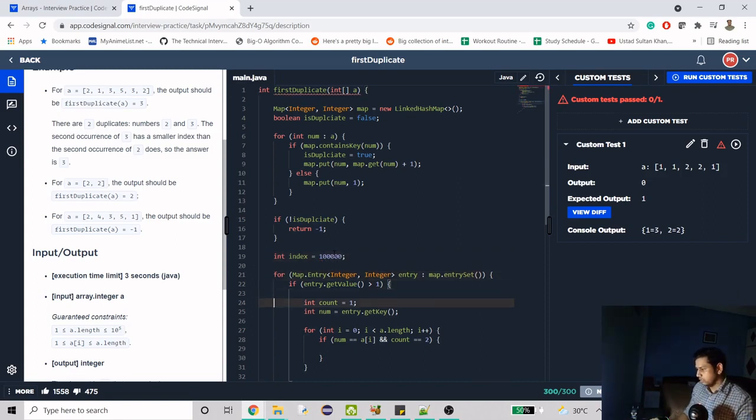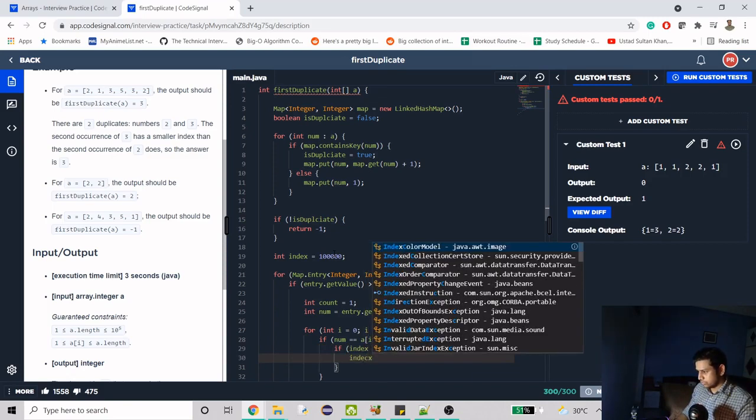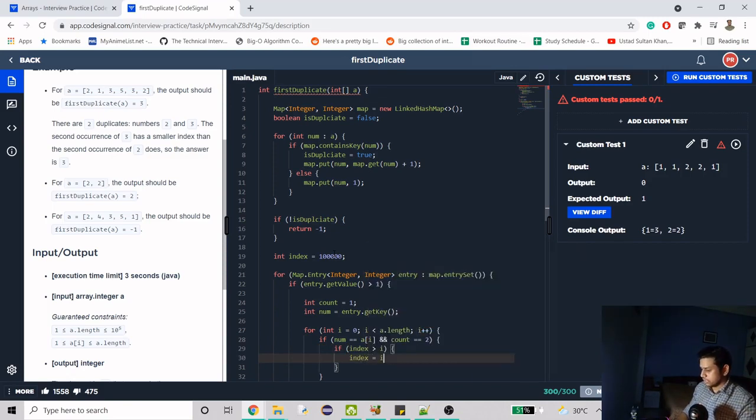So this is going to be used here. If the number matches and the count is 2, then we will check if our current index is exceeding this index or not. So if index is greater than i, in that case we just have to make index equal to i.